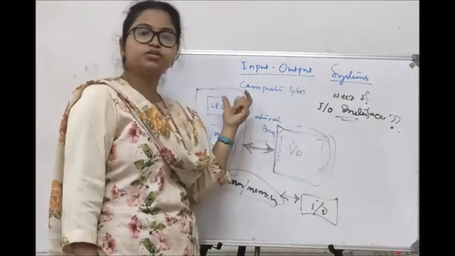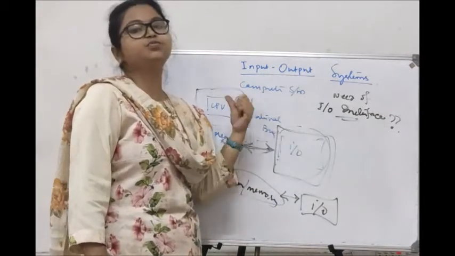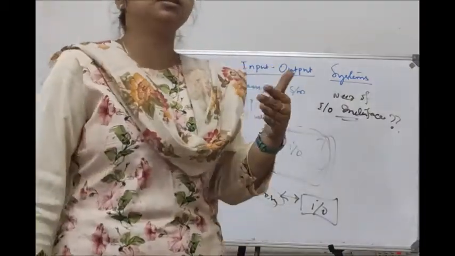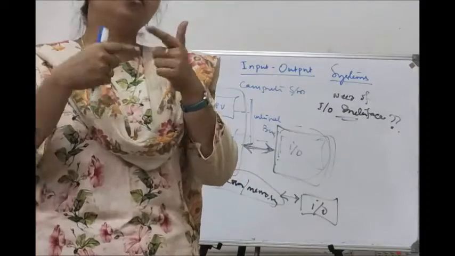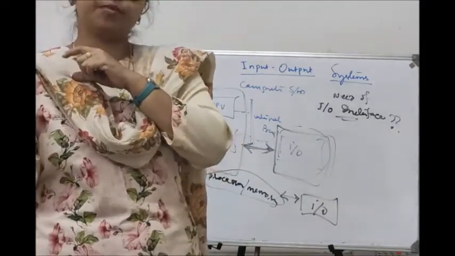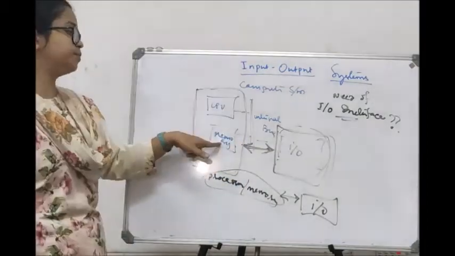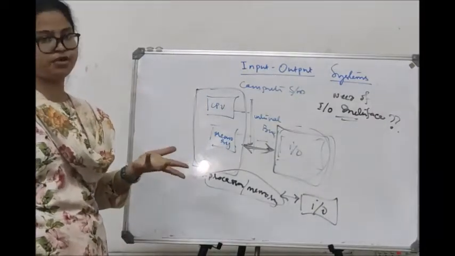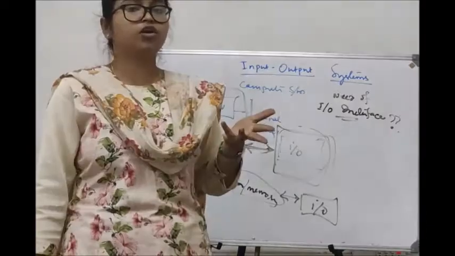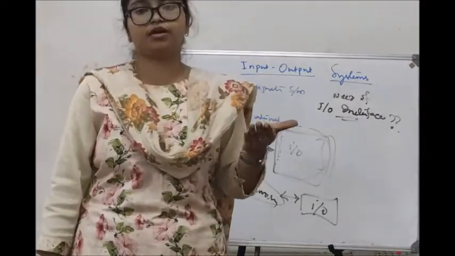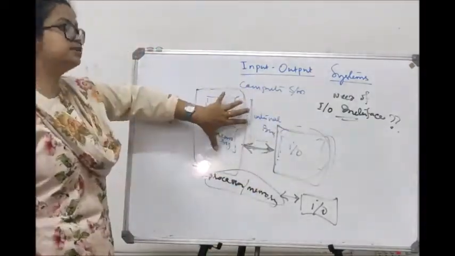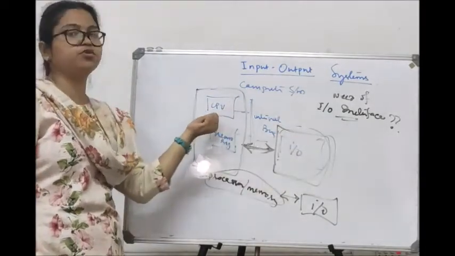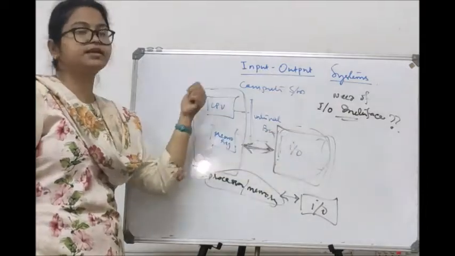And how is data processed? That is the question. When we are giving the data to the input devices, how is it getting stored in memory, and how is the CPU computing, fetching the operands and doing the operation? We have already studied how instructions are carried out. That is part of this. But now we are understanding how the data is taken from the user and how it is getting transferred.